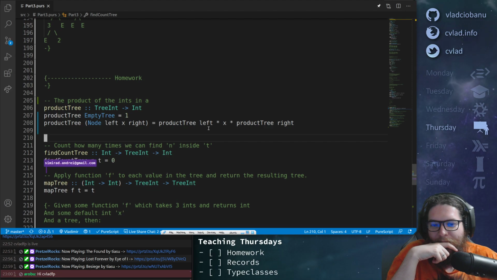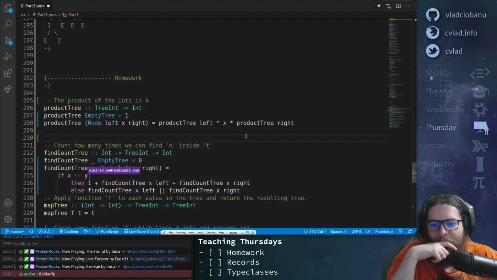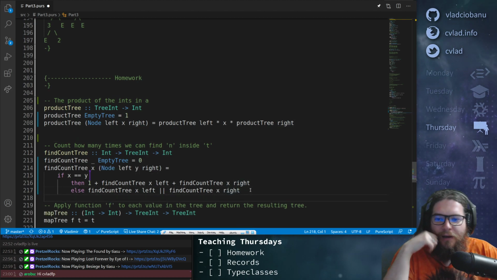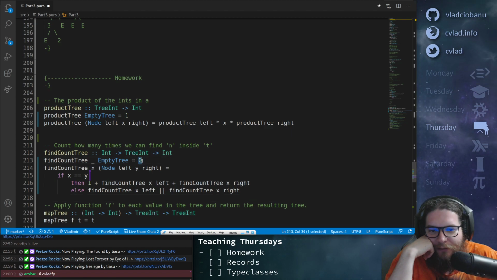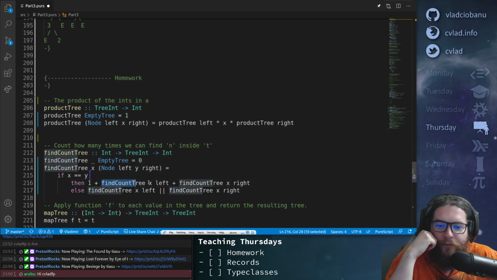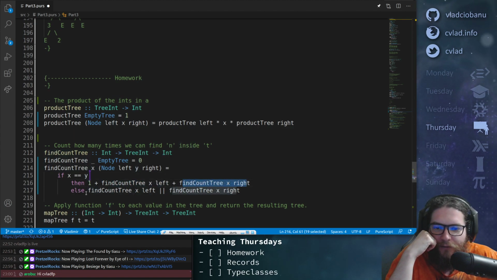Okay, now this is the exercise to count how many times we can find n inside the tree. So I did this. Let's see. If we have an empty tree, then it's 0, and if we're looking for x in a node, then if x equals y, we add 1 to finding it in the left and right, and otherwise,